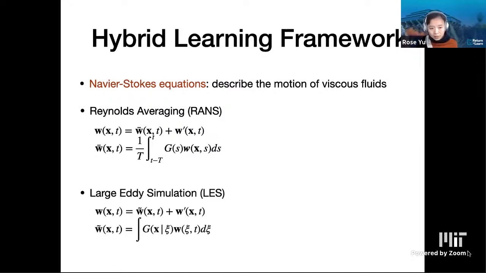At the same time, there's another parallel method called large eddy simulation. It had the same idea of decomposing the velocity field W over space x and time t into components, and the first component W tilde is computed as a spatial averaging using a spatial kernel G of x, and the residual component. So this idea of decomposing a velocity field